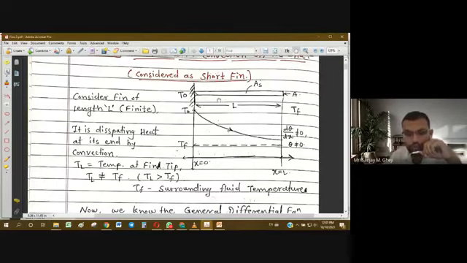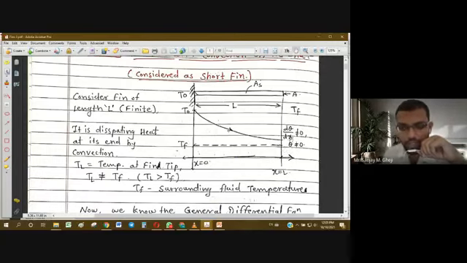Okay, so as we are moving away from the base of the fin, temperature is going to decrease in this manner, in a curve shape, and at the end, in this case, temperature at the tip will be T suffix L. This is not equal to TF, so it is not approaching TF. So temperature difference theta at the tip is not equal to 0, or not very close to 0. So it is having some finite value.